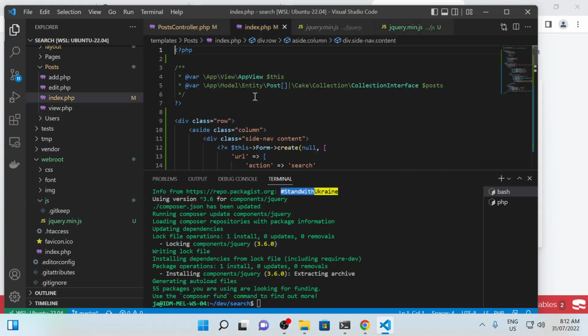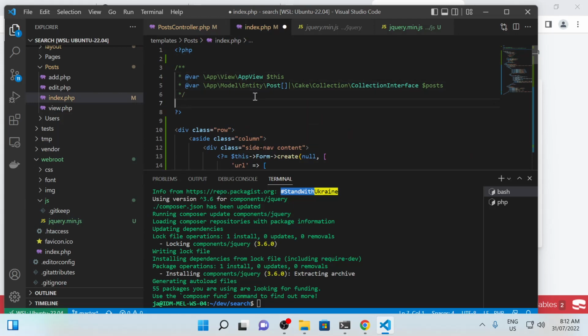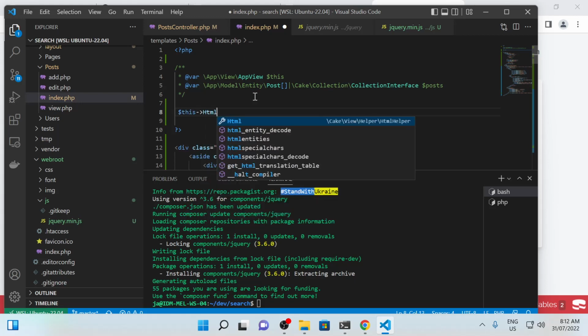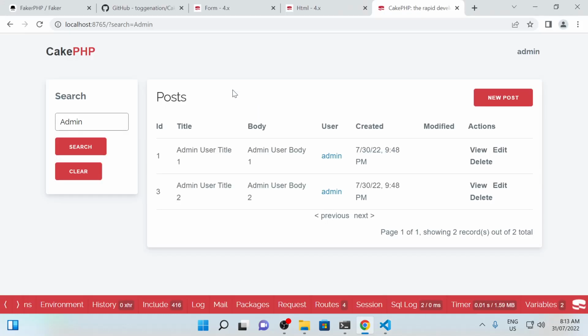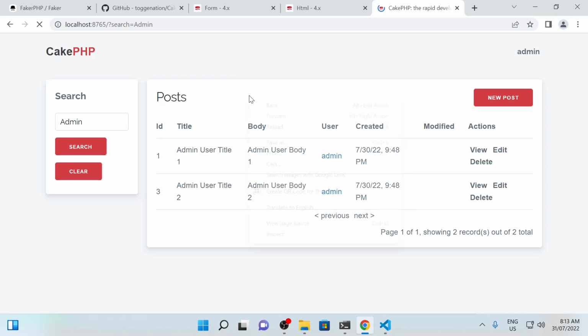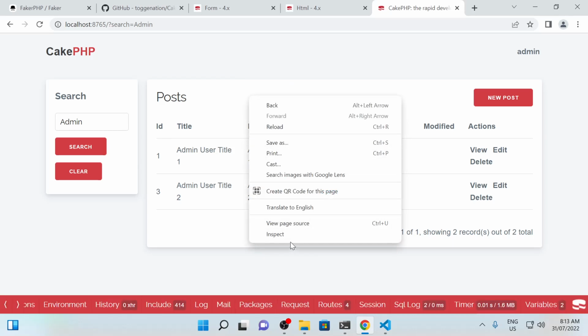And now what we want to do is specify for the index page that this HTML script, I want jQuery.min. Notice we don't include the .js. And if we go echo and we reload, what we'll find is that